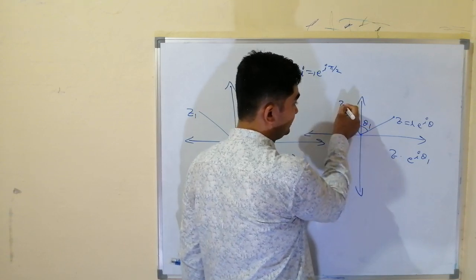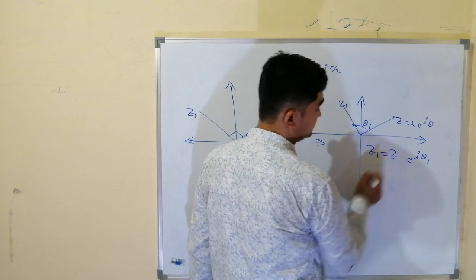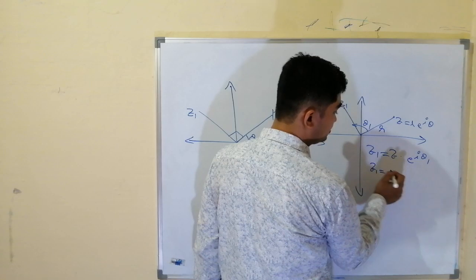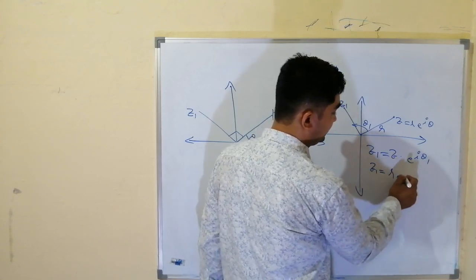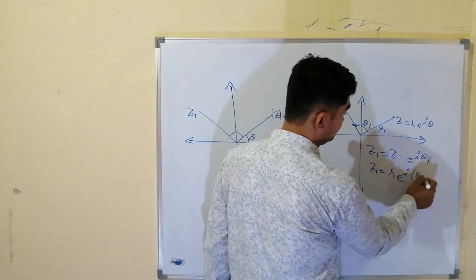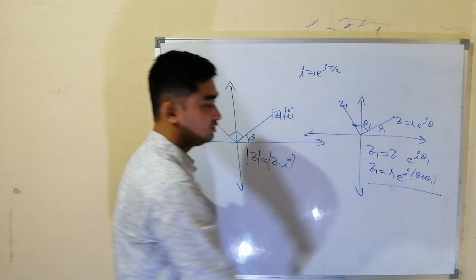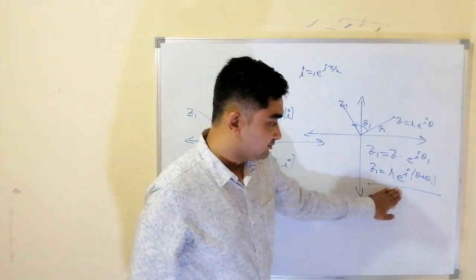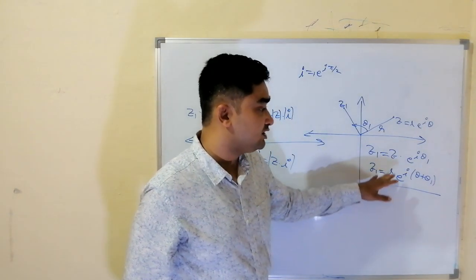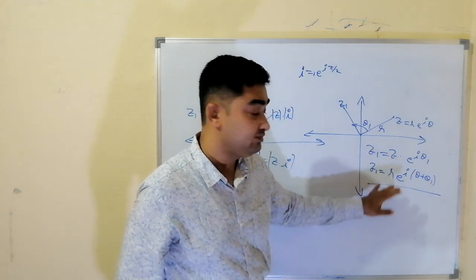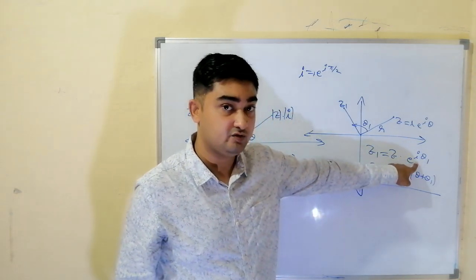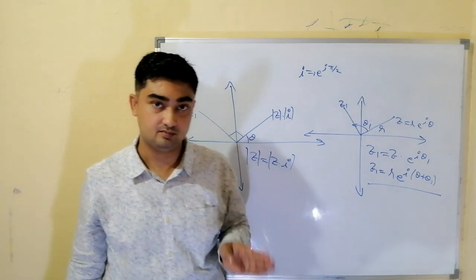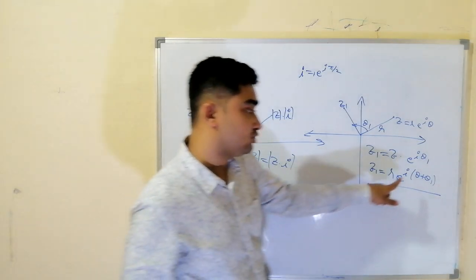It will come here. It is Z1. Z1 is this. What is the argument of this? Z1 can be written as, if this is R, it is also R. The modulus is the same, and e power iota theta plus theta 1. The new argument will be the addition of both the arguments. So we have seen that when multiplying two complex numbers, the argument will remain the same if the modulus of the complex number with which we are multiplying is 1. Otherwise, the magnitude or modulus will also change and the arguments will be added.